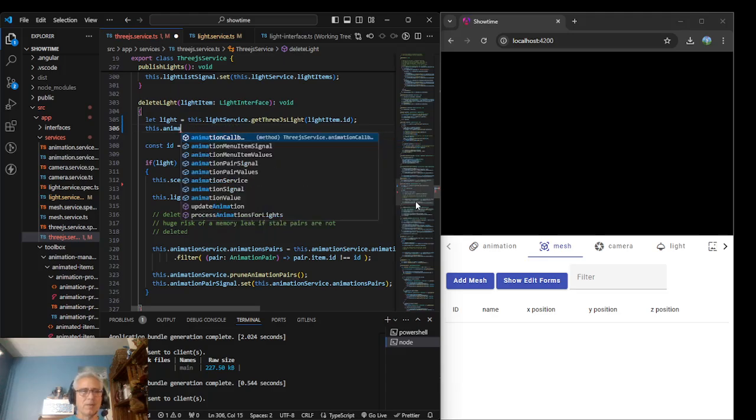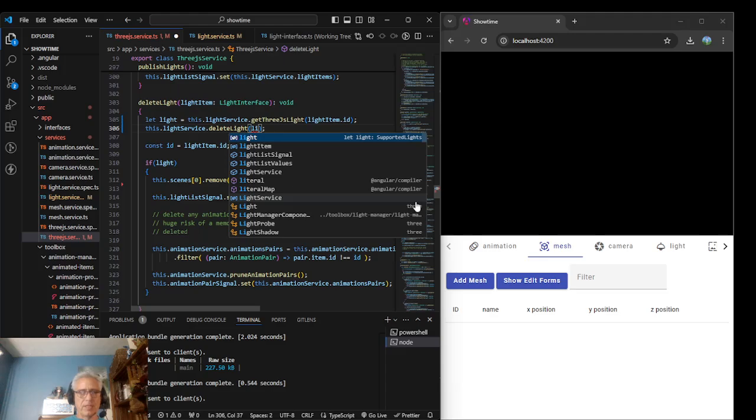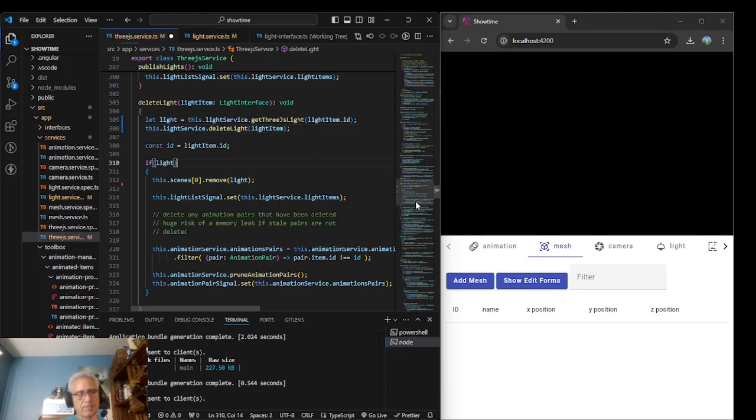Oh, what? Sorry. Light service dot delete light, and light item. All right. So there I remove the light, which is fine. So here it will get removed from our list, and then here is where it will get removed from the scenes, because ThreeJS